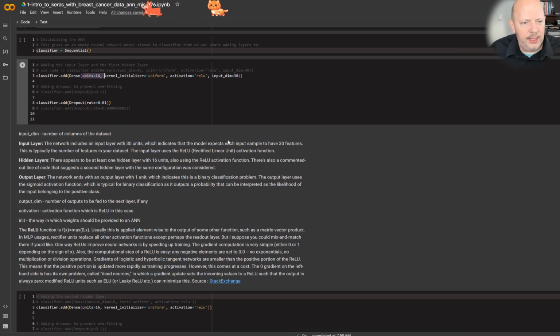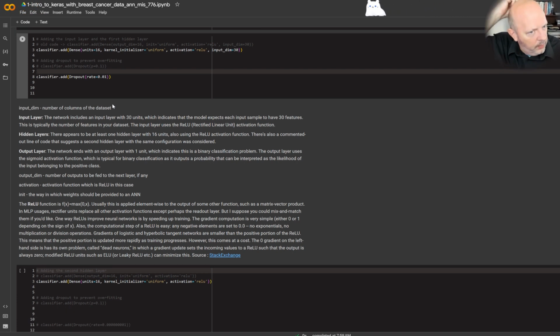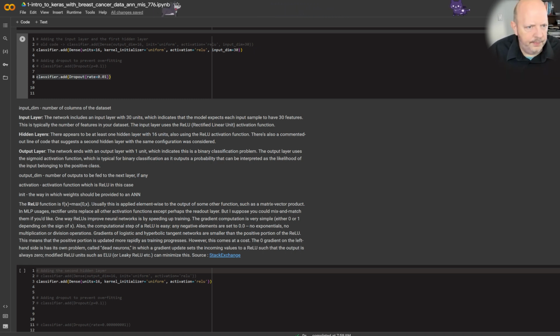That's our first input. Now, I tried different dropout rates because it learns so fast it's hard to see it. But basically this is how we do a dropout rate. It's how we update our models.